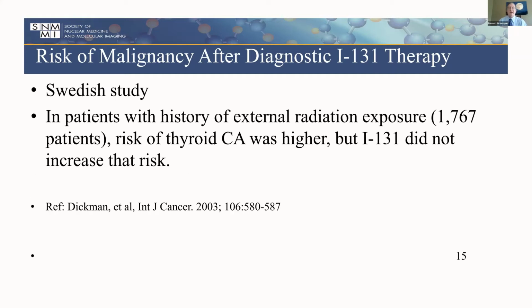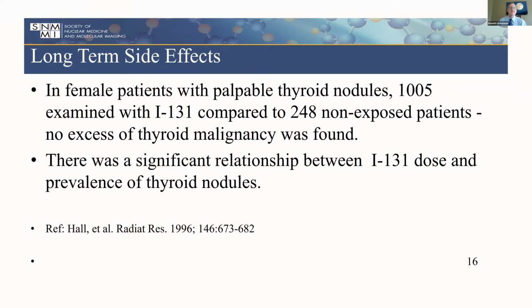In patients with a history of external radiation exposure, risk of thyroid cancer was higher, but I-131 therapy did not increase that risk. In female patients with palpable thyroid nodules, 1,000 patients were examined with I-131 compared to 248 non-exposed patients. No excess of thyroid malignancy was found, but there was a relationship between I-131 and prevalence of thyroid